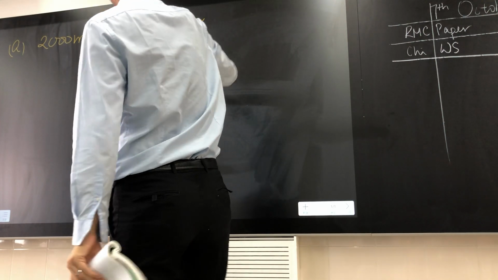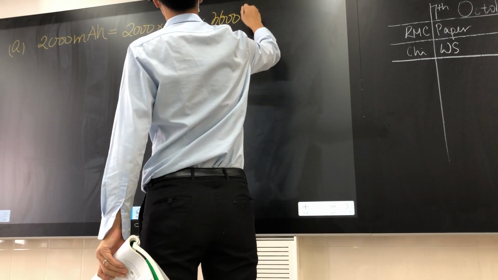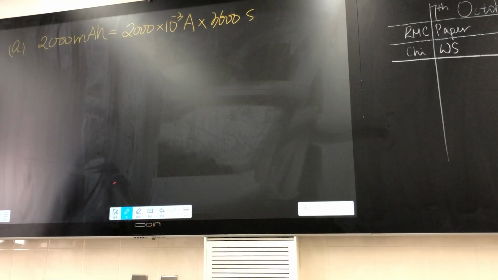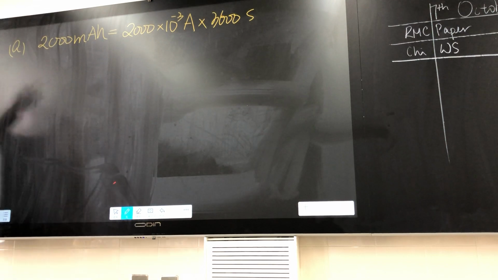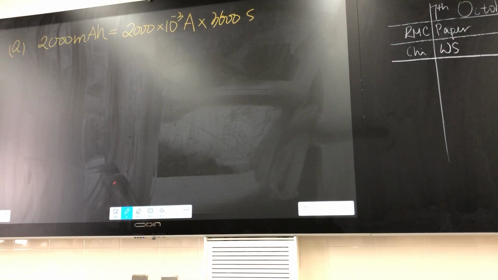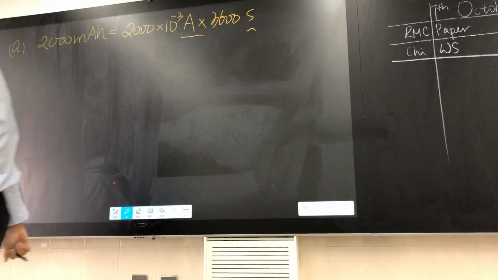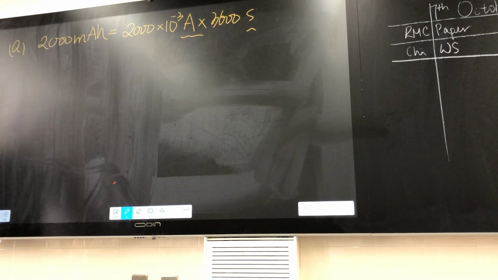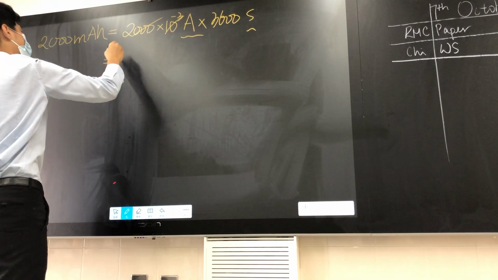So for every hour, there are 3,600 seconds. So actually, what is the unit of mAh? It is ampere times hour, so ampere times seconds. So first let's convert, and it can provide